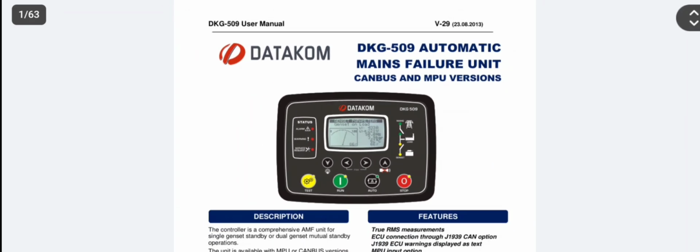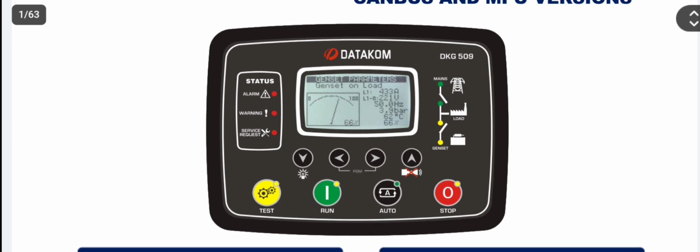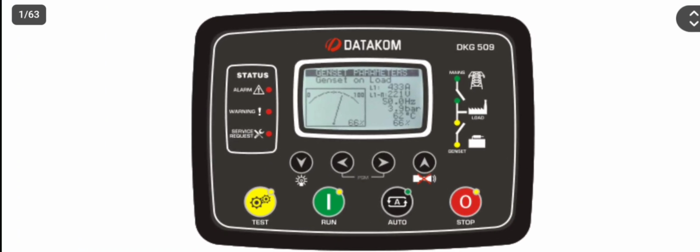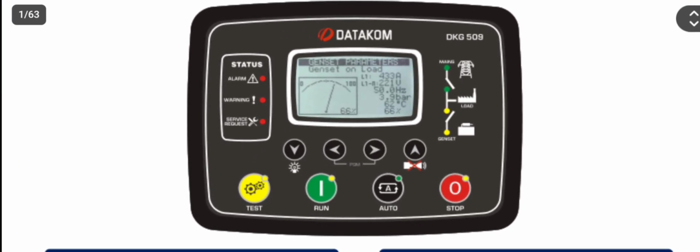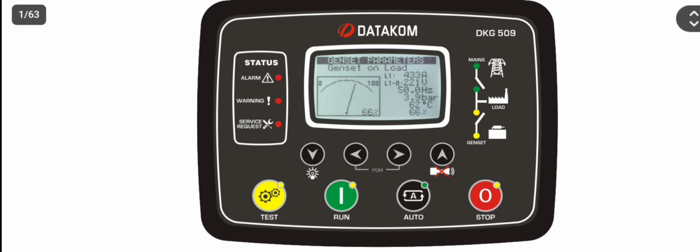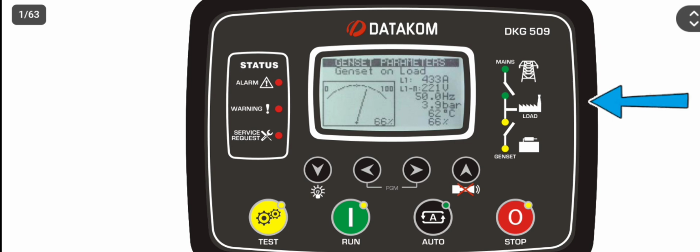So let's begin. First of all, we are explaining the front view and all the main button indication and navigation buttons. Okay, as you can see on the right side we have three symbols: main, load and generator. Okay, these indications monitor whether the generator is running and the load is shifted, or the main is running and the load is shifted. Okay, indication means it shows you when the generator indication is on, that means the generator is on and the load is